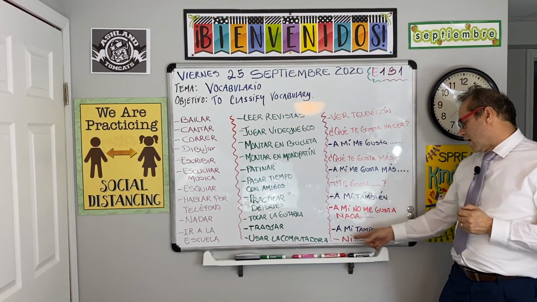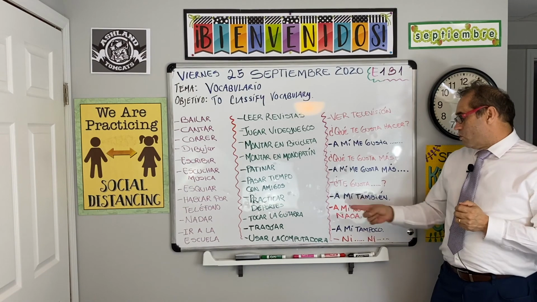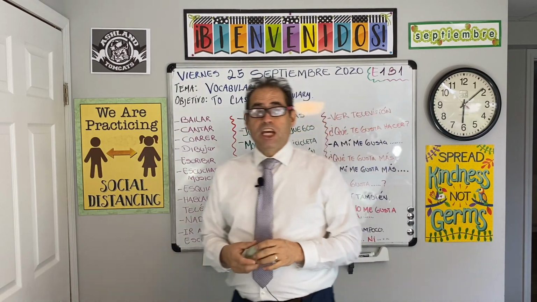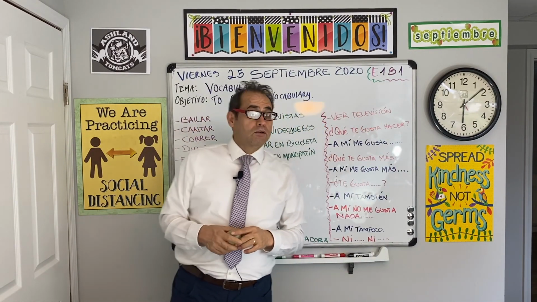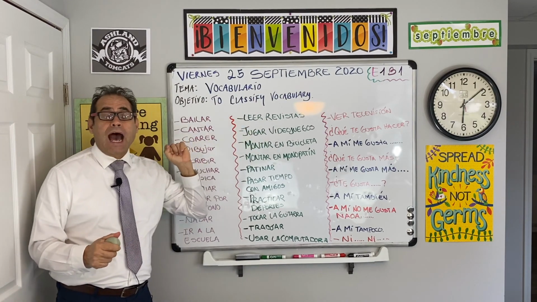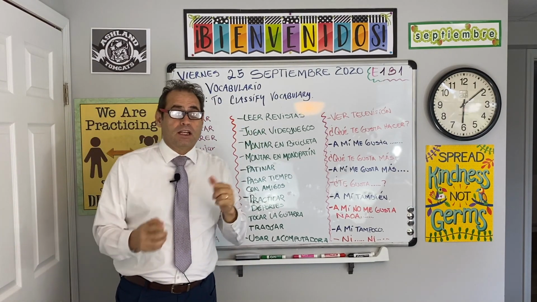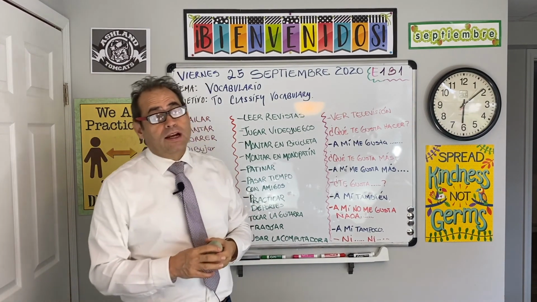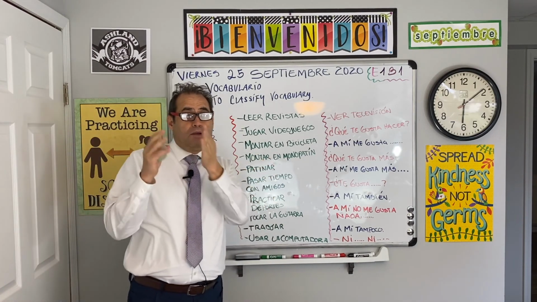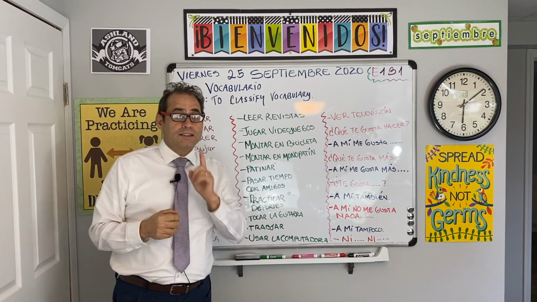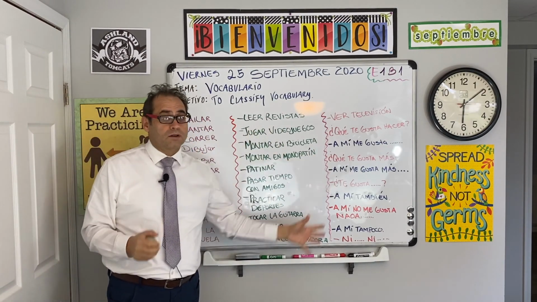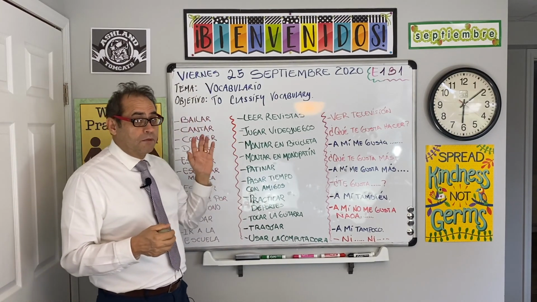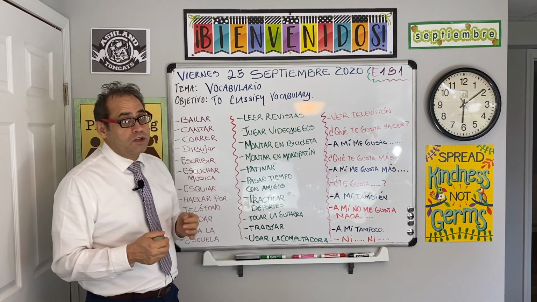Okay, also we have here a mí tampoco and ni. We were working yesterday about this. For example, somebody says, a mí no me gusta leer revistas. And somebody would say, a mí tampoco. That is negative. Remember the video and the class that I explained this about, también is positive and tampoco is negative? It's the same thing. We are reviewing today all the topics, all the vocabulary, because you're going to be working alone today and you're going to present a project about the vocabulary that we use during this unit.